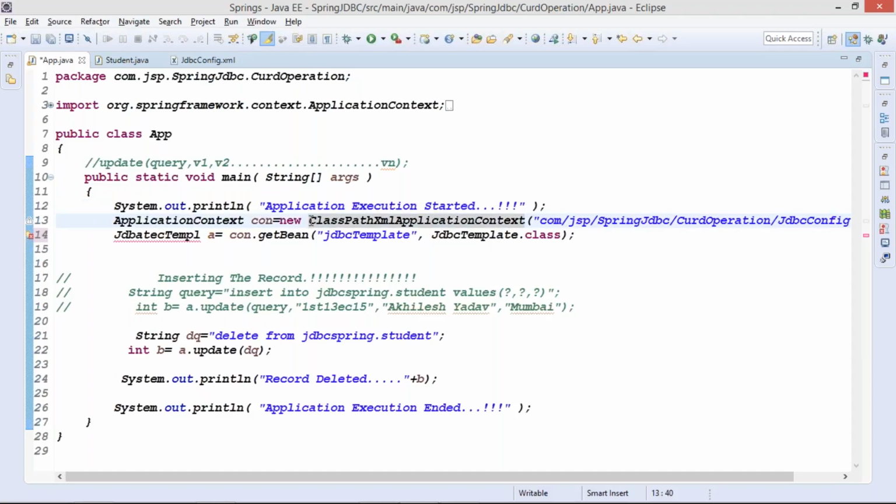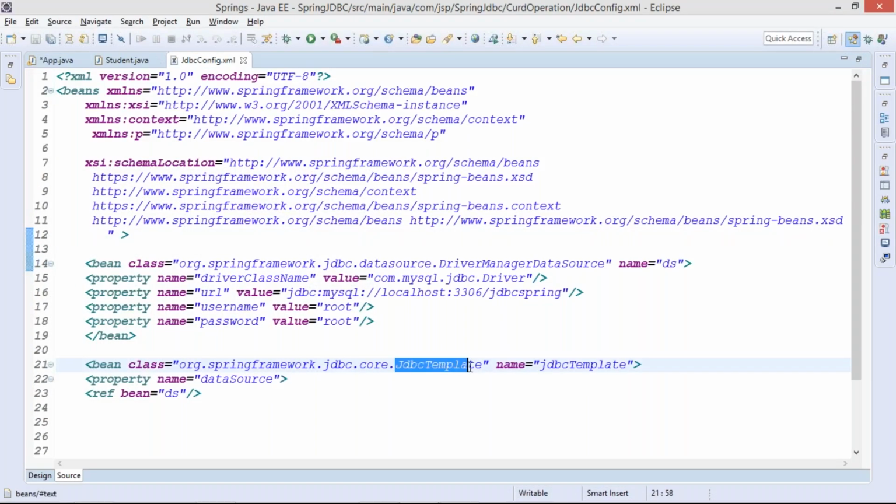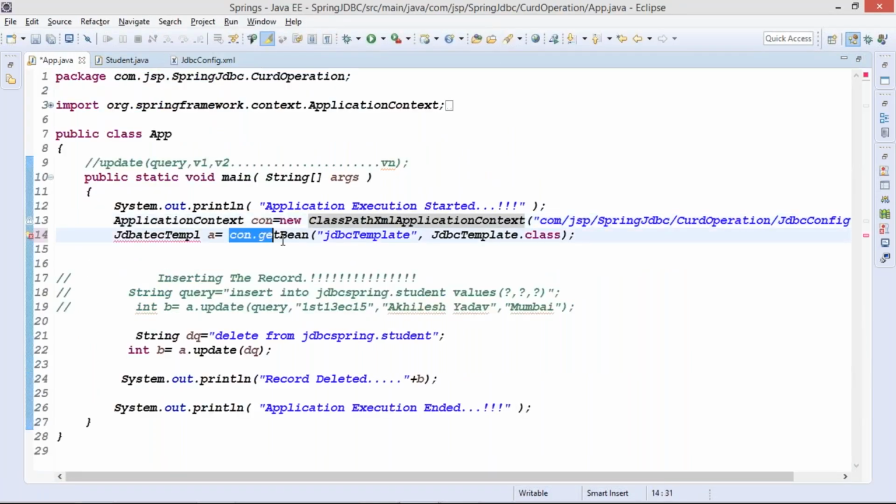Next we are using the XML path, so we'll use the implementation class name of application context. We'll pass here the configuration file name, and next we have to make use of JDBC template to get the bean. You have to make use of which class, guys? JDBC template to get the bean. So that's what we said here, con.getBean, and then we are passing here the JDBC template class bean name. So it is JDBC template itself, and this is your complete class name dot class, and we are storing in